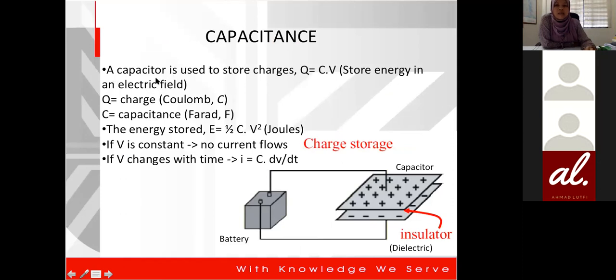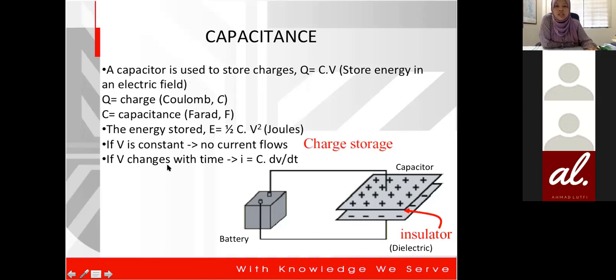Okay, so a capacitor is used to store charges. The symbol for charge is Q. So Q is equal to C multiplied by V, which is capacitance multiplied by voltage. The unit for Q, or charge, is coulomb, and for capacitance the unit is farad. So in the energy equation, energy is equal to half capacitance multiplied by voltage square, in the unit